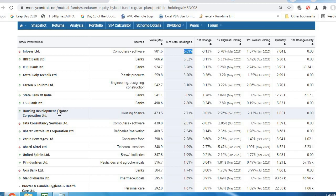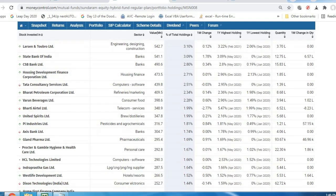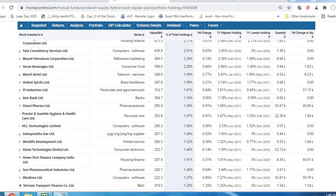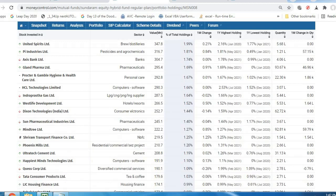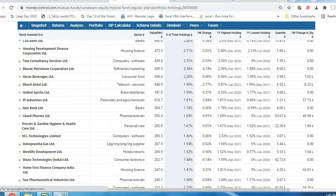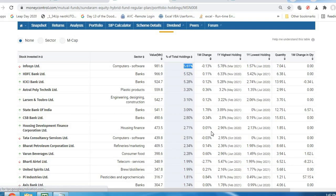And it has investments in Astral Polytechnic Limited, Larsen & Toubro, State Bank of India, Catalyst Stream Bank, HDFC Limited, Tata Consultancy, Bharat Petroleum, Varun Beverages, Bharati Airtel, United Spirits, PI Industries, Axis Bank, Gland Pharma, like that, HCL Technologies, like that. So regarding this many companies,